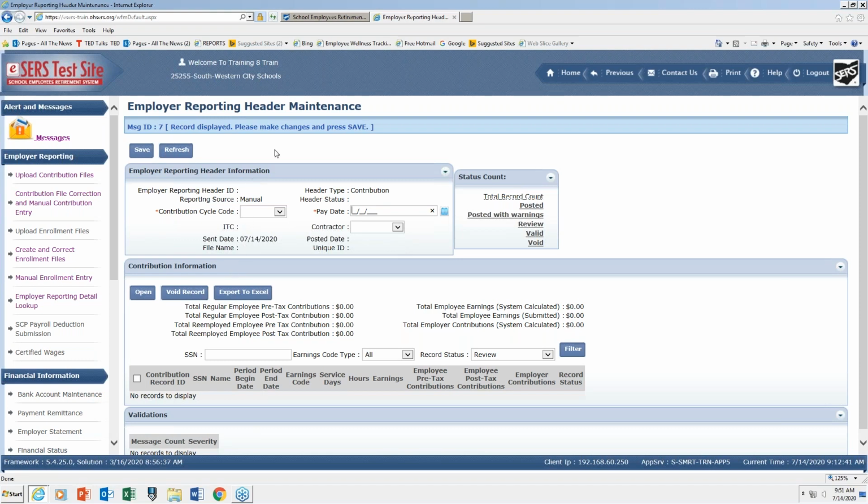Okay, so in order to do this, we have to fill in our header information. It shows us that this is going to be a manual file. And now we need to choose the contribution cycle code that we want to use for this adjustment. I only have one sitting here. If you report multiple files, you may have 3 or 4 contribution cycle codes sitting here. So we're going to choose the one that we want, which in my case is the biweekly one,